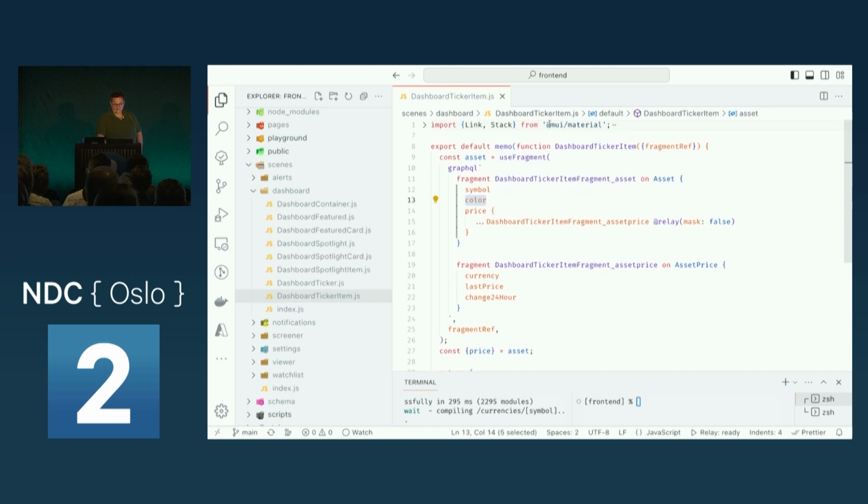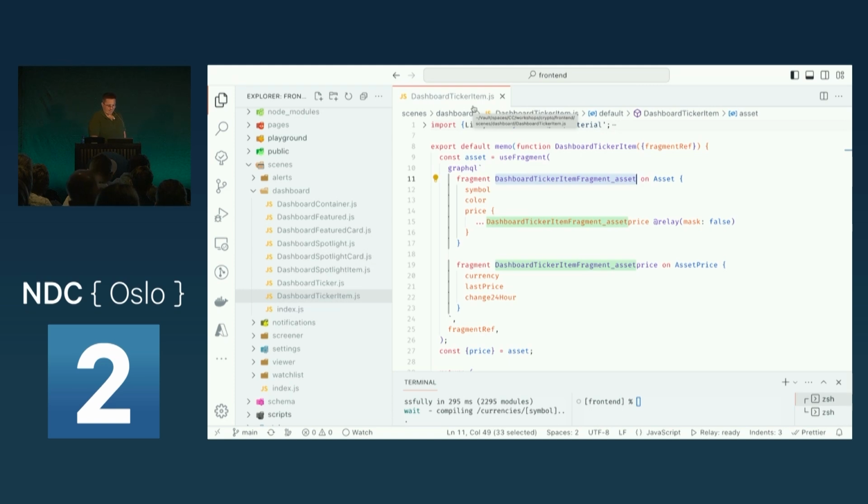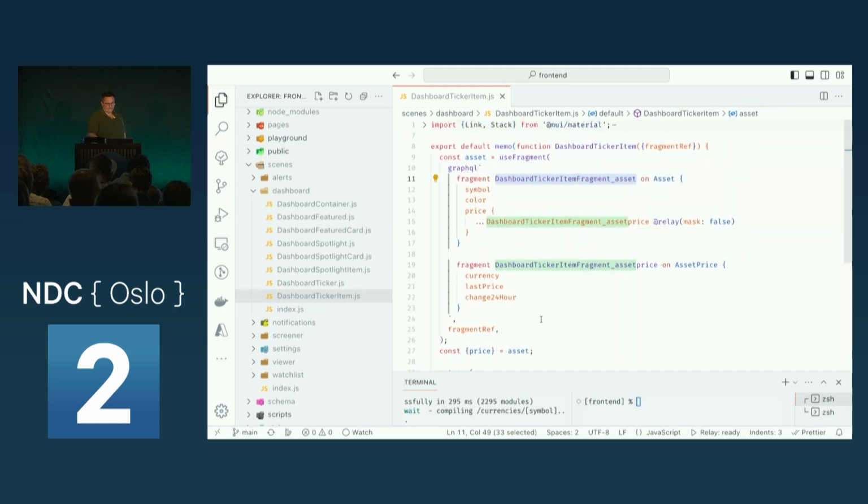This fragment is my contract, the contract between this component and the GraphQL API. And you can see even the convention: the name of the fragment follows the name pattern of the component and of the file. There is a combination even enforced by the compiler to do that. Then, if we also read this component, we can see